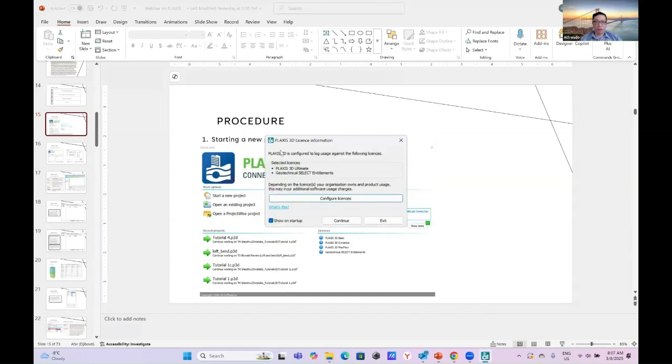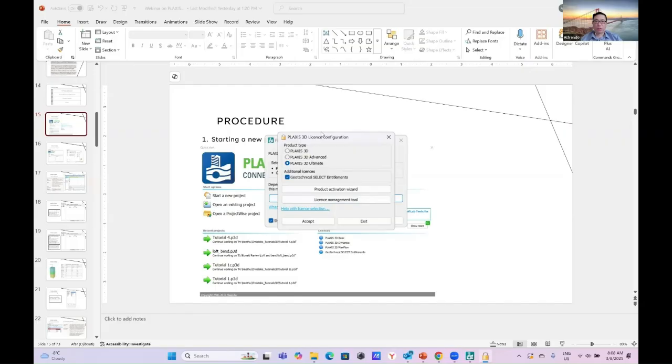When you start opening Plaxis, definitely they will ask for the license information. When you click configure license, there are actually 3 options: Plaxis 3D, Plaxis 3D Advanced, and Plaxis 3D Ultimate.